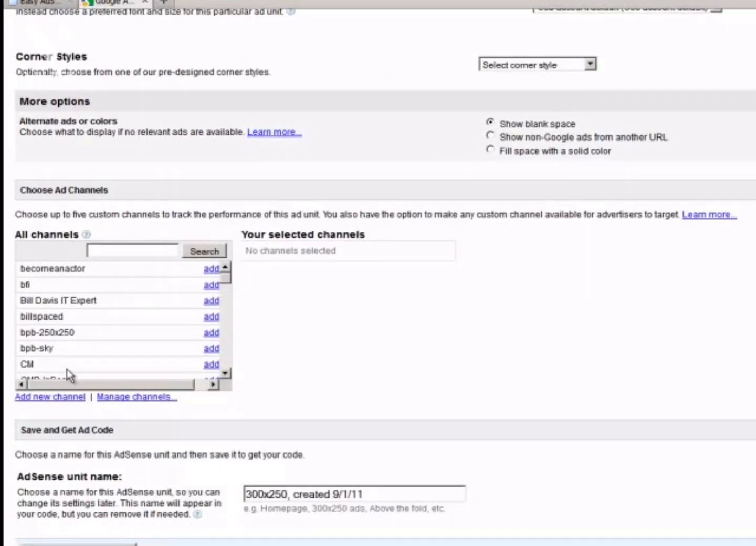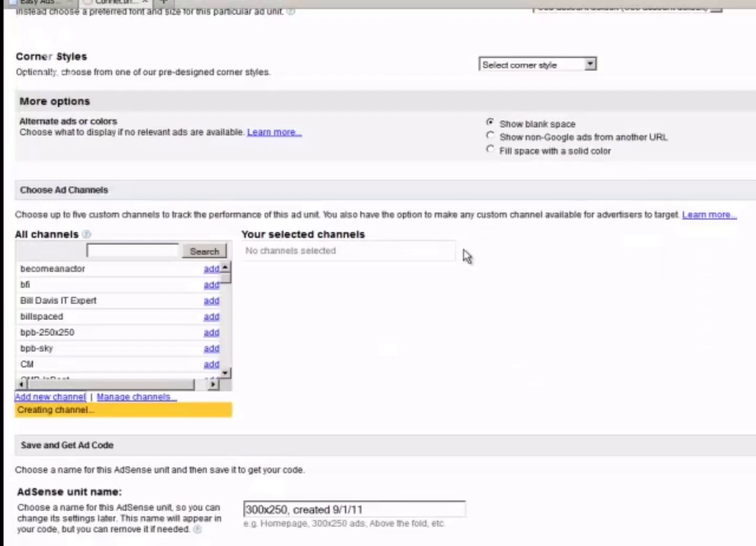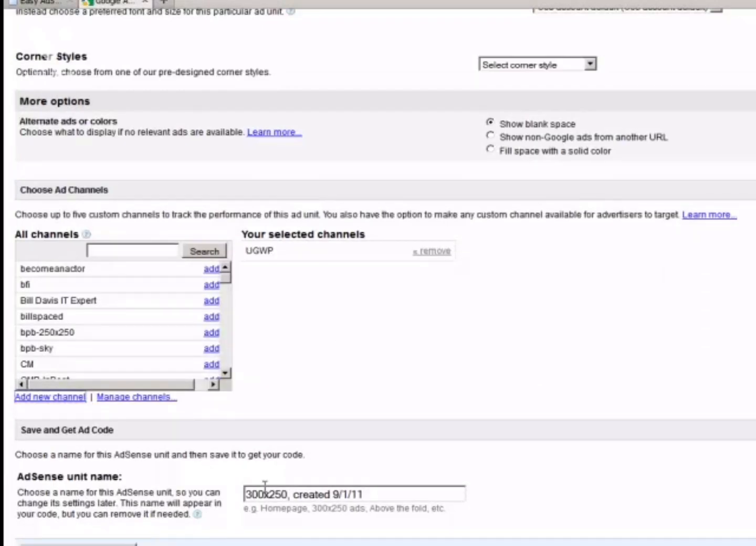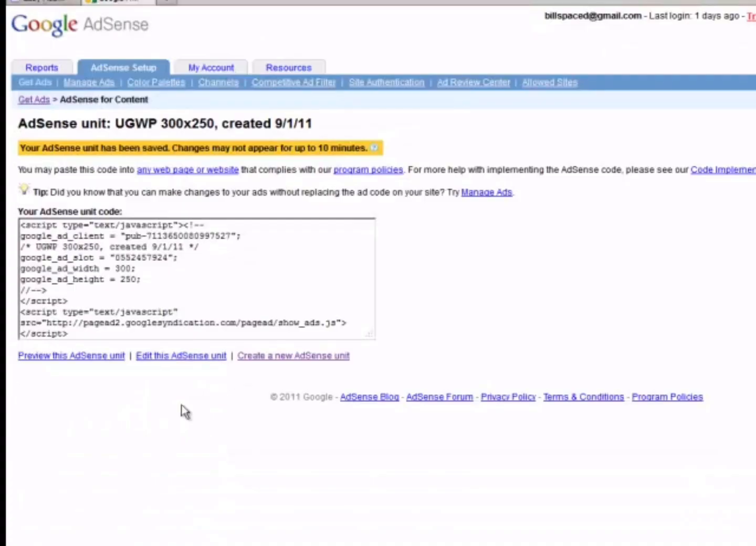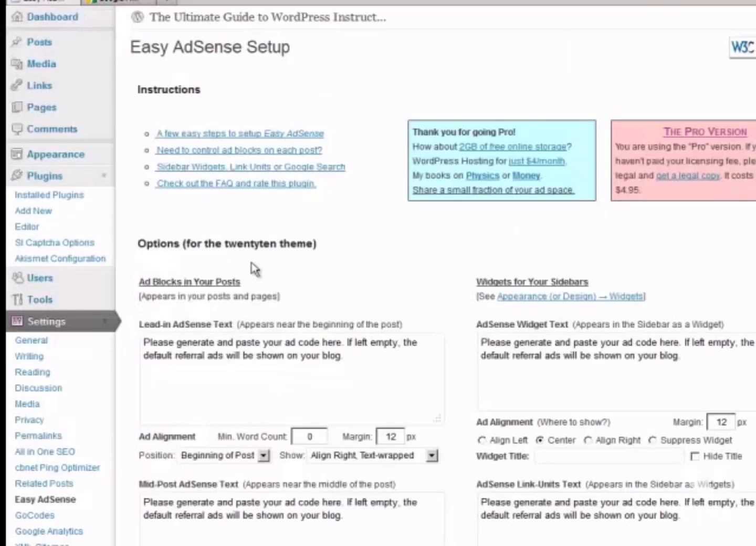And then let's add a new channel, and we're going to call this Ultimate Guide to WordPress, UGWP. Okay, we're going to call this UGWP and submit and get code. So this is the code. You click inside the box, it auto highlights for you, copy it, take it back over here,